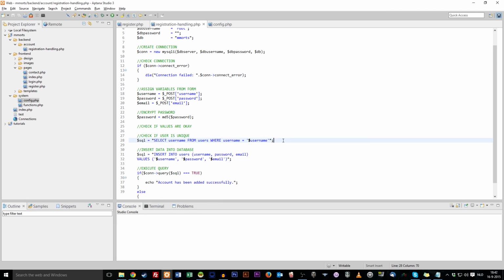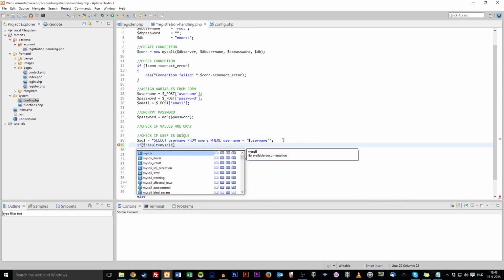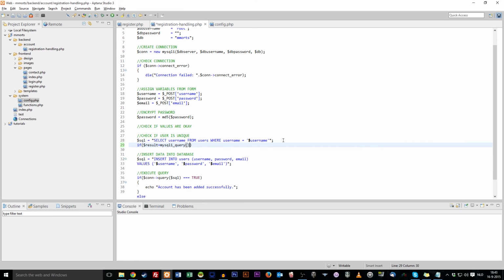So next we need to execute this. If result is equal to mysqli_query, parentheses open and close, $connection, comma, $sql,